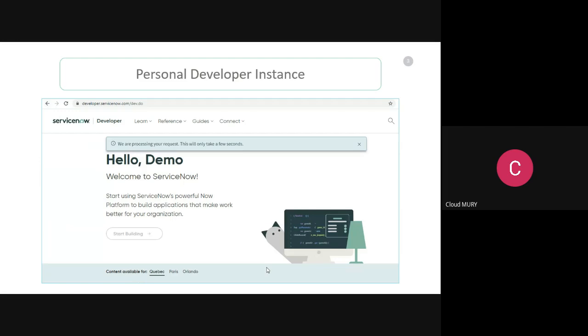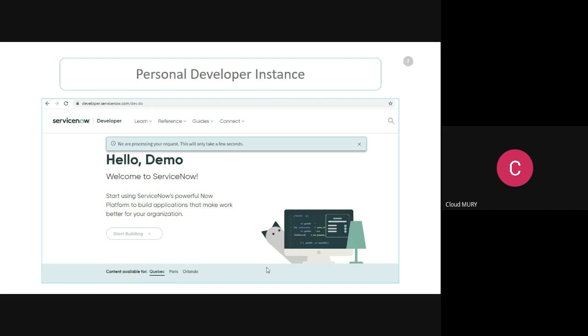Once you log in, before this particular screen which I am showing you, if you are creating an account for the first time, ServiceNow might ask you a few questions. Who are you: a developer, a user, or an application developer? Because different personas are involved in ServiceNow development. You can select multiple options, or if you have the option to select all, you can select all, and your instance will be ready.